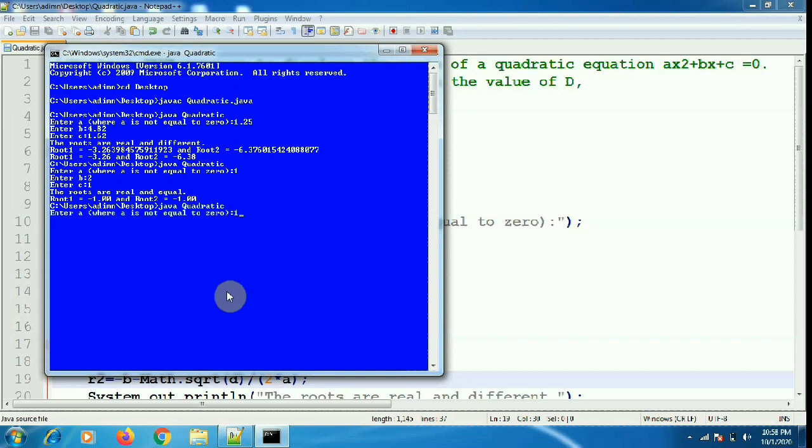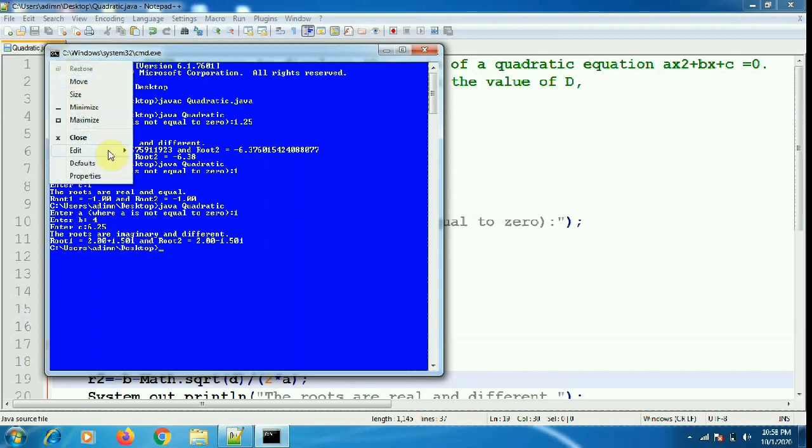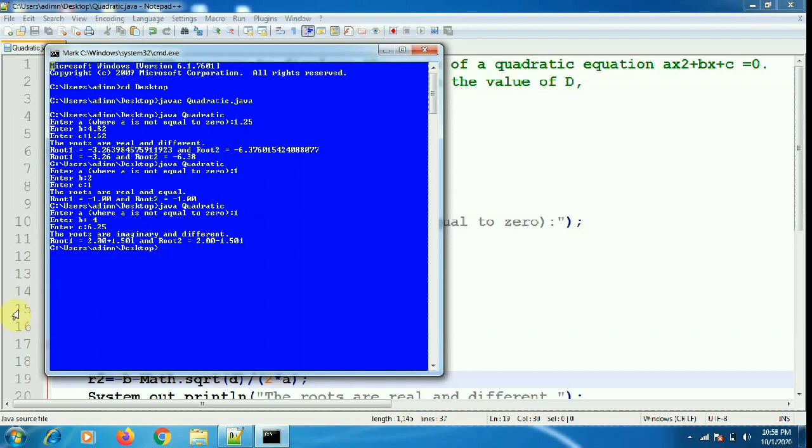And the third case is where the roots are imaginary and different, where D is less than 0, a negative value. So I am giving certain values to get that case. You can see that the roots are imaginary and different. Rather than printing the roots over here, you can simply say that the roots are imaginary.